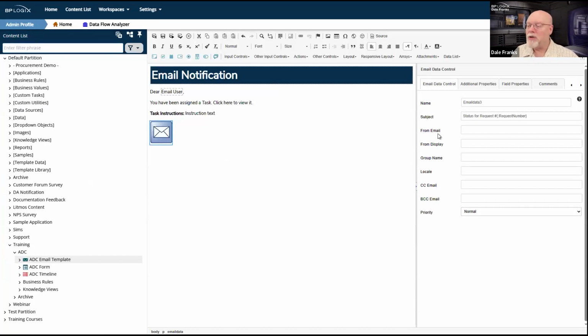We're not going to use the from email or from display name in any of these email data controls that we're going to configure today, but you should know that it exists. And if you actually want the email to go to a real person, you can set that. I often see people set this all the time, and there's no reason to set that all the time.